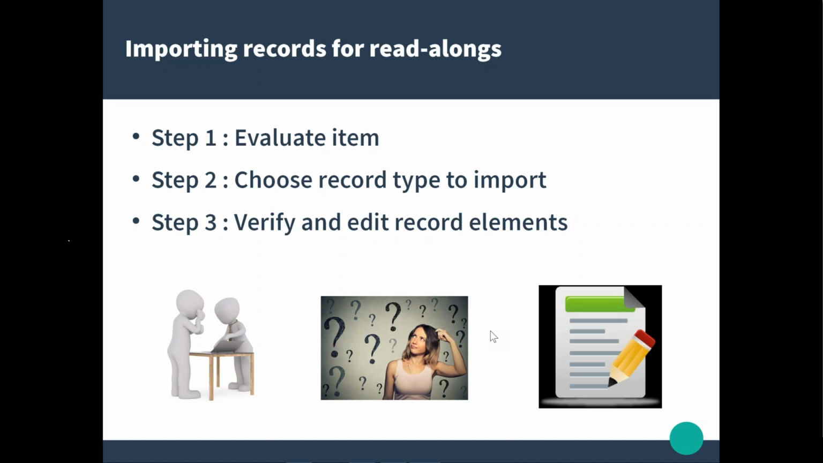So there are 3 steps. The first one is that you need to evaluate the item. The second step is choosing the record type to import. And then the third step will be to verify and edit any record elements. So step 1,